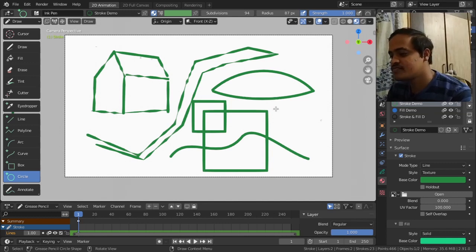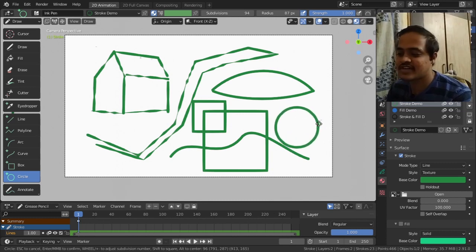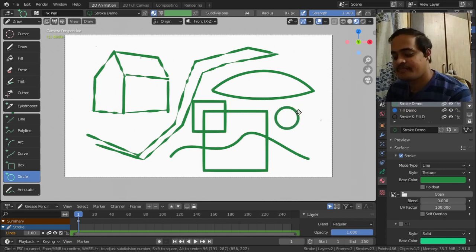The circle will give you options to draw an ellipsoid or oval. Click and drag. If you hold Shift, you get a perfect square, and now it's coming from the corner. If I press and hold Shift and Alt at the same time,